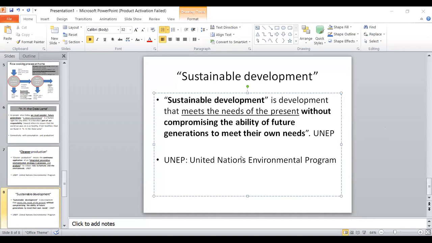So even if you support the development drives, when you propose projects, you have to make sure that your environment is taken care of. The resources are not being unnecessarily used, meaning not exploited. Those are very important. That's why